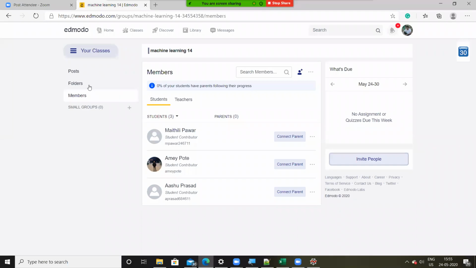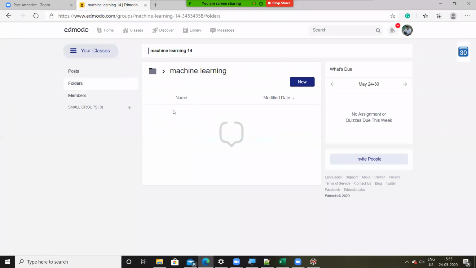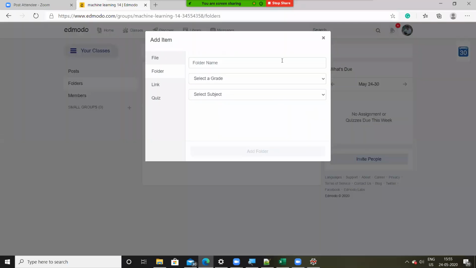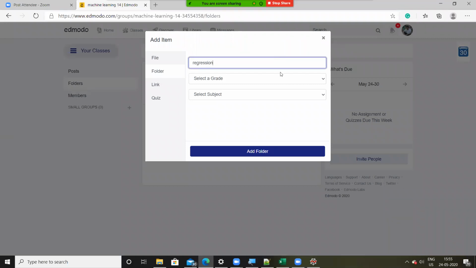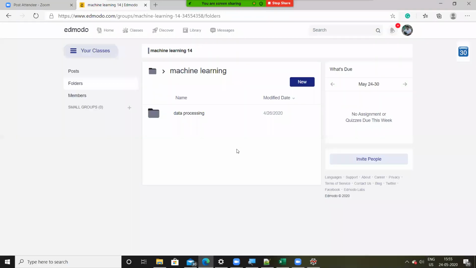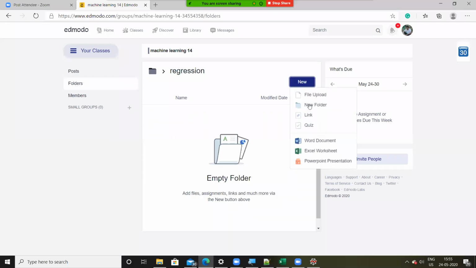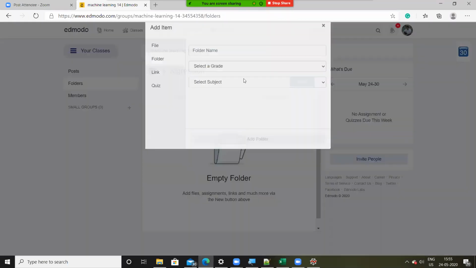All right. Let me go here under machine learning. I'm creating a new folder, calling it regression. Under regression, I'm going to create another folder and call it SLR, that is, simple linear regression.